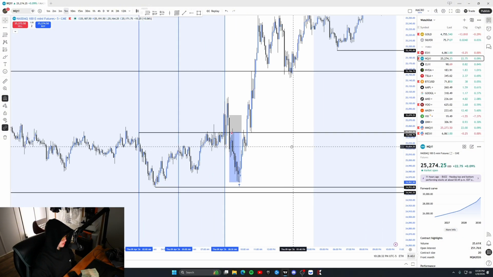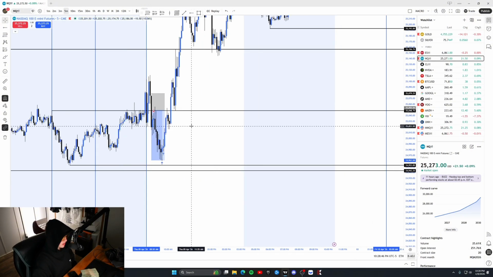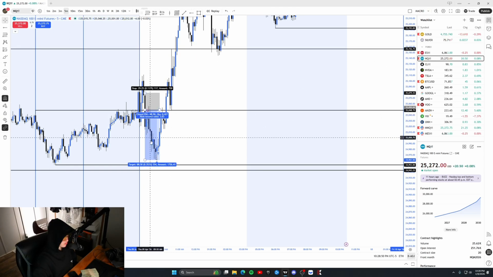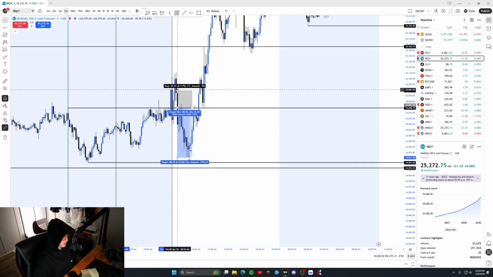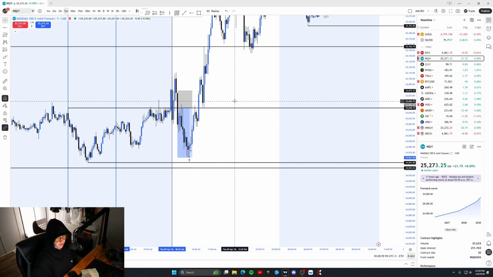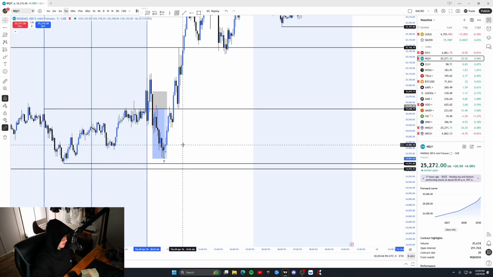This strategy is pretty easy to implement. As long as it breaks London high, then we're going to target London low, and vice versa. If it breaks London low, they're going to be targeting London high or a 4-hour draw on liquidity, based on whatever entry model. And the entry model was pretty much a 5 minute inverse fair value gap into the sell position there. And then we also got a liquidity sweep via breaking London session high and then targeting the London session low there. This strategy is pretty easy to implement into your everyday trading